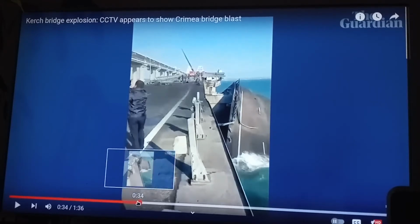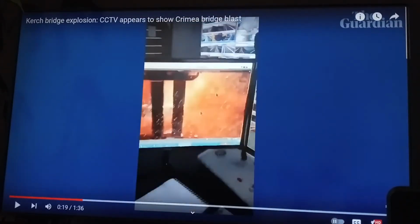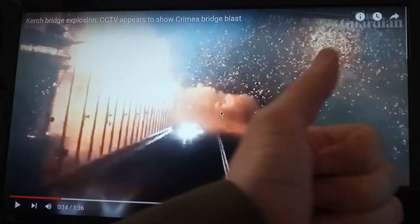I don't think it was necessarily a truck bomb. I could be wrong. All of that glitter that you see here could have been thrown up by the explosion, and then it could have been blown back by the wind. But considering the angle and speed and everything else, how all of those sparks are falling, that would be pretty damn strong wind there. Now, we're at the ocean, to be precise, so that wouldn't be anything weird. But still, the fact that everything appears to go from one side points to me either one,